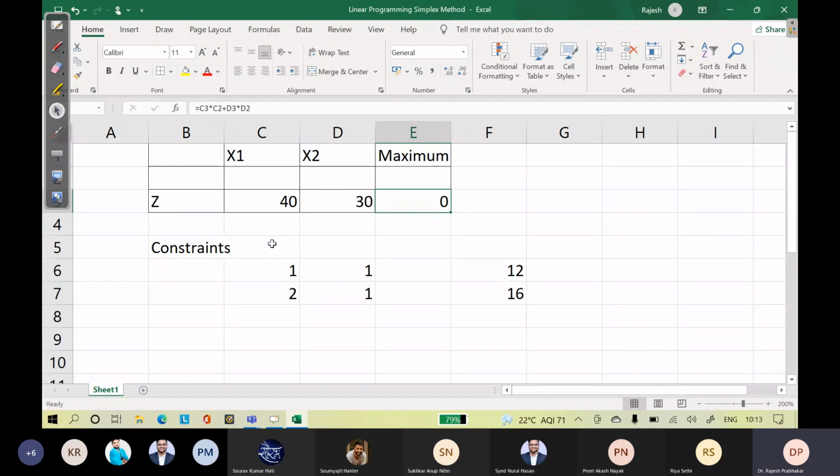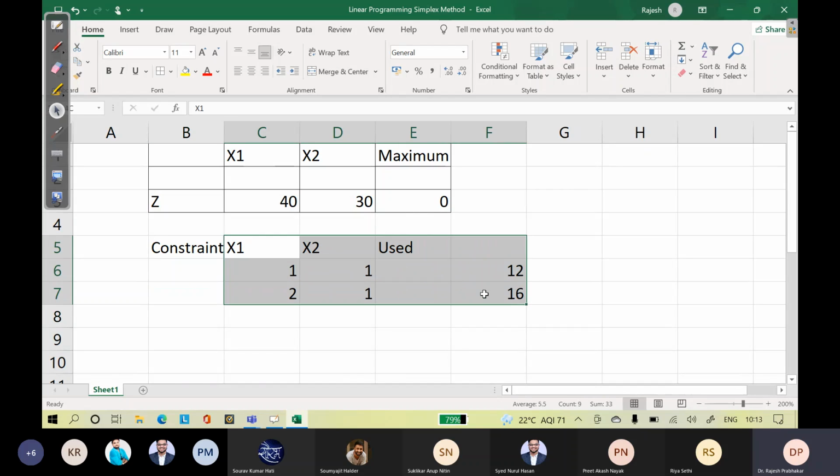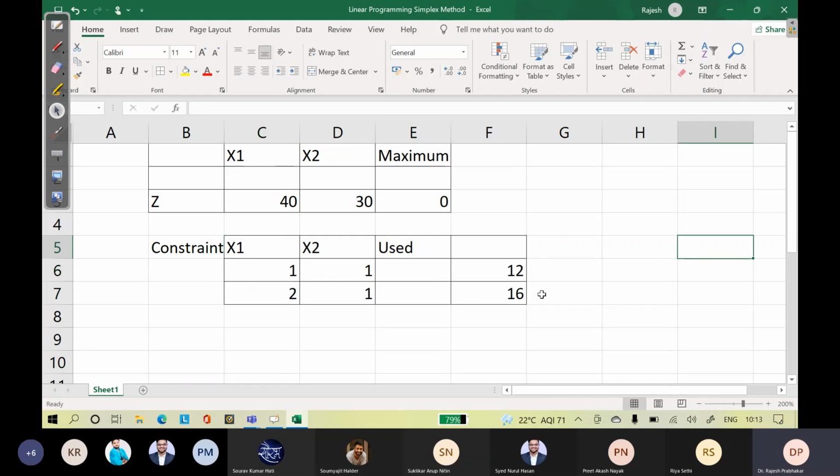So these are our constraints. Again, we'll write it as x1, this is your x2. Then we have to use these values. We have to build the used values. So let us convert this into a box.